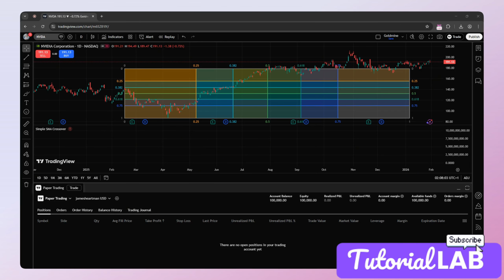Now, a few important tips for beginners. Always save your script after making changes by clicking Save, or you will lose your work. Use comments in the code to stay organized as scripts get longer. Common mistakes include forgetting to re-add scripts after editing, copying outdated Pine script versions, and expecting strategies to reflect real-world